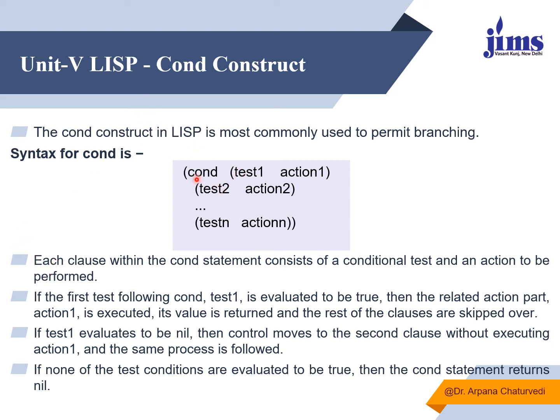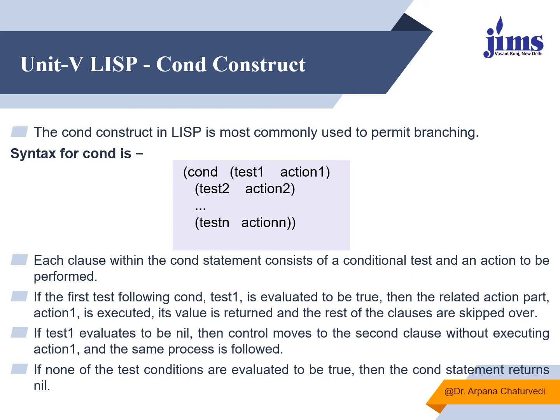So the COND construct syntax is: within parentheses, everything will be lying. The parenthesis is going to get closed over here. Within this, in each and every parenthesis, you can have multiple tests, each followed by the action to be taken. That if this test is true, this action is to be taken. If this test is true, this action is to be taken. And you can include multiple test action pairs over here. Fine. So you have to remember this thing. As I already explained, it is equivalent to nested if.